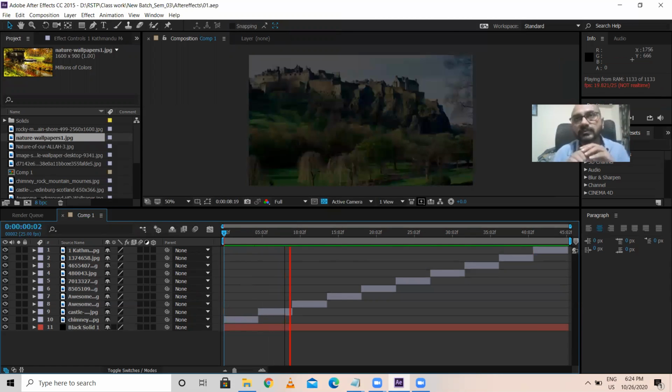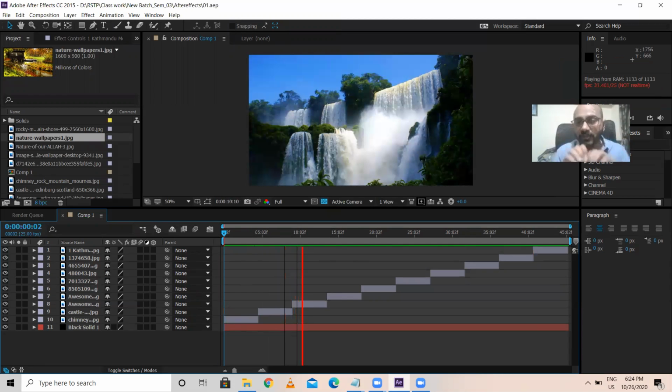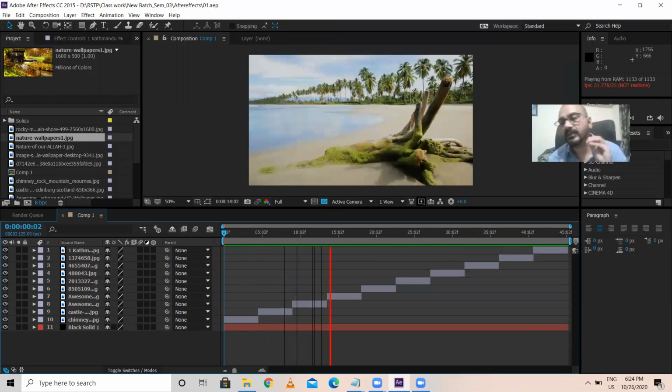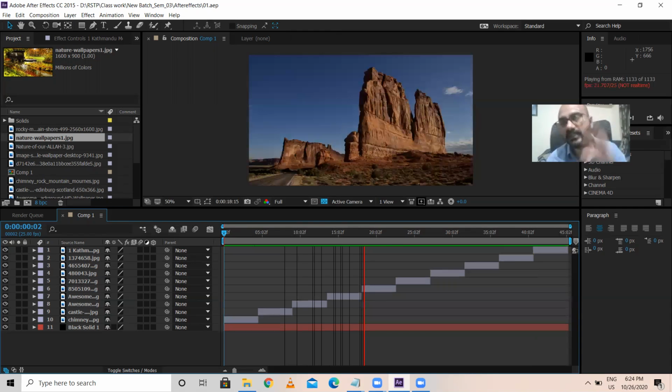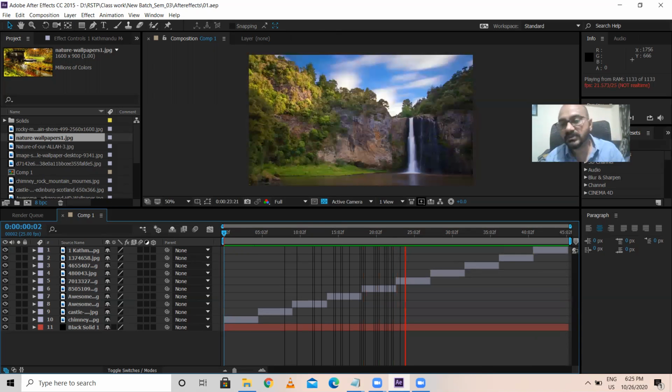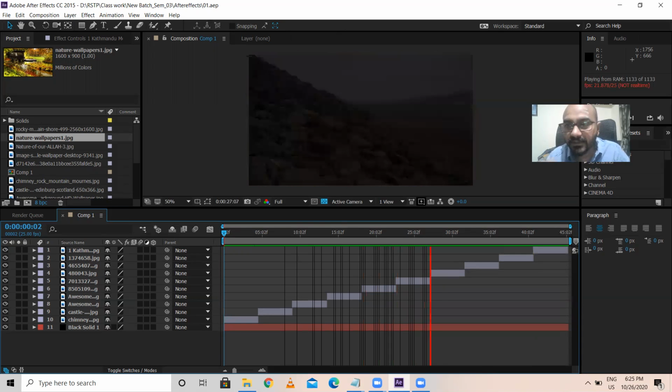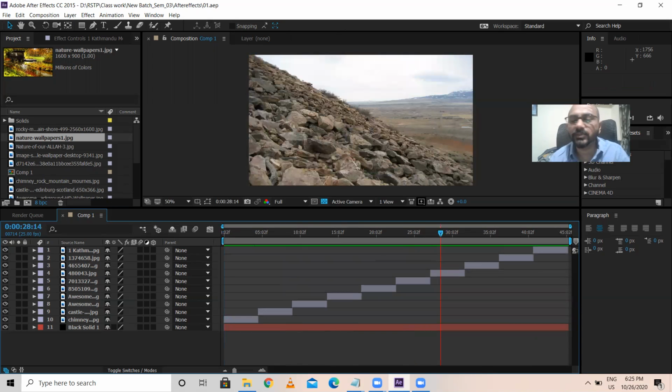We can do zoom in zoom out, the image zoom in zoom out, like that, and all we can do. Scaling we can do. Okay, scale in, scale out, like that. Scale in is nothing but the image will get enlarged. Scale out is nothing but it will come to the normal size. Got it? There is a very clear transition. There are so many images, very clearly transition you can do.